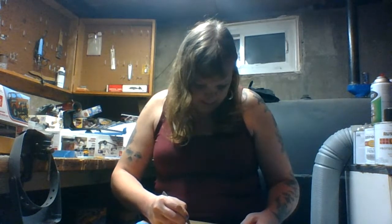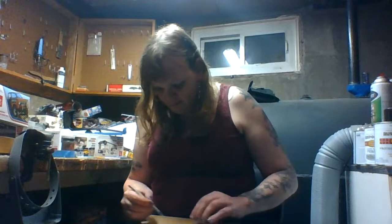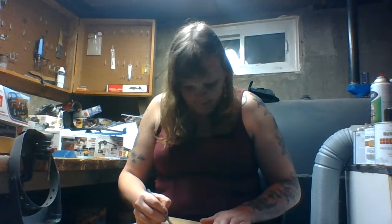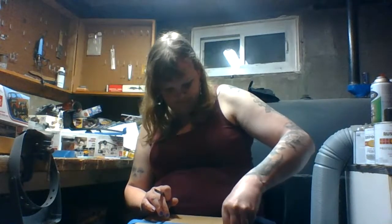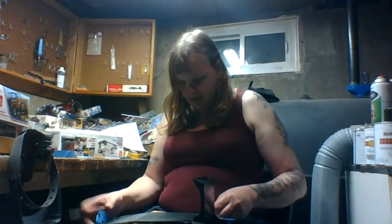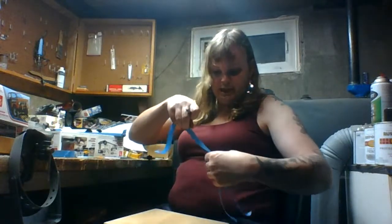I have to cut the best I can to what I know, to the best of my ability here, and I'm going to make sure that I got into that crease only because I want to make sure I don't have anything lingering later on, only because you don't want to have that said problem. So what I'm going to do, see if I did this right. I should have enough. I think I should have enough for the length, which I'm going to double check real quick. And I am almost close. I just need to cut a little bit more, and I will be ready to actually mount this to the